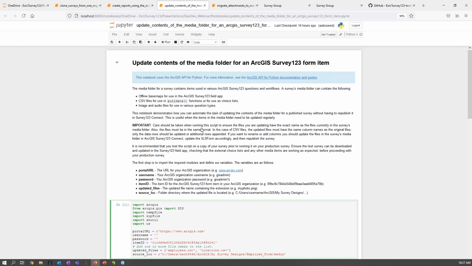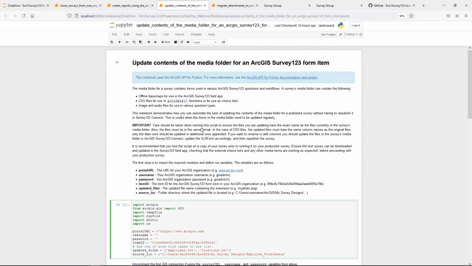So this notebook automates the task of updating the contents of that media folder for a published survey without having to republish it in Survey123 Connect. This is useful when items in the media folder need to be updated regularly. For example, if you have a CSV, and that's the example I'll show in this notebook, and you're using it in select one from file and that CSV is being regularly updated,